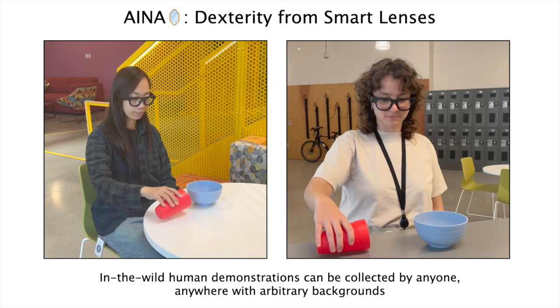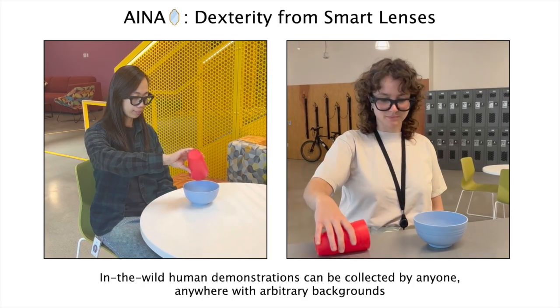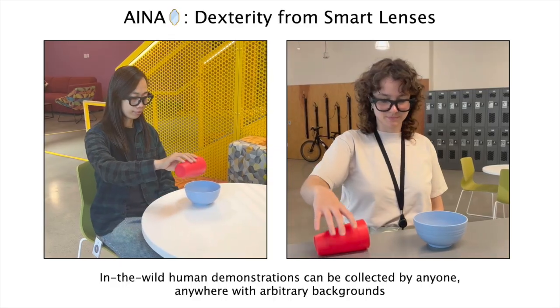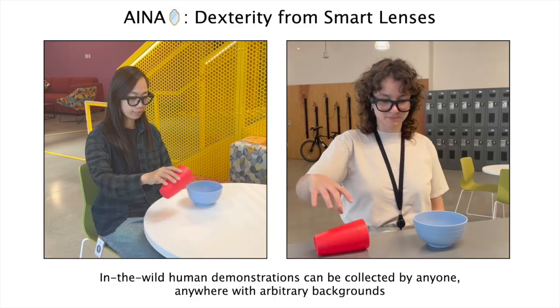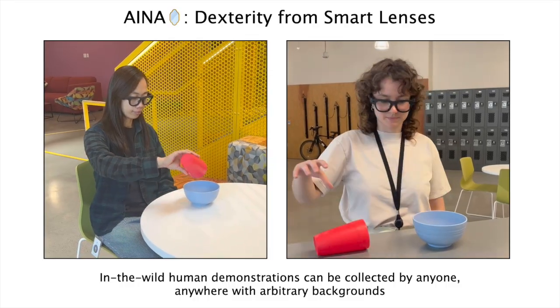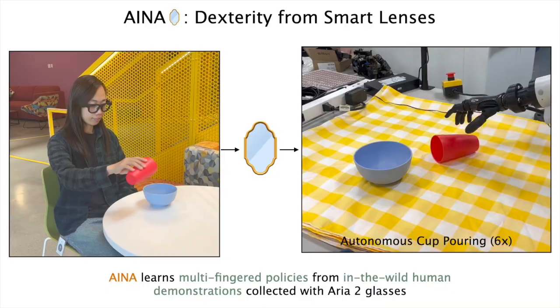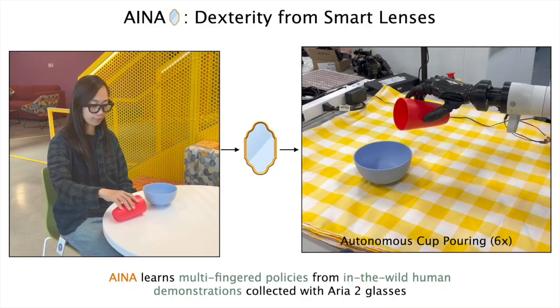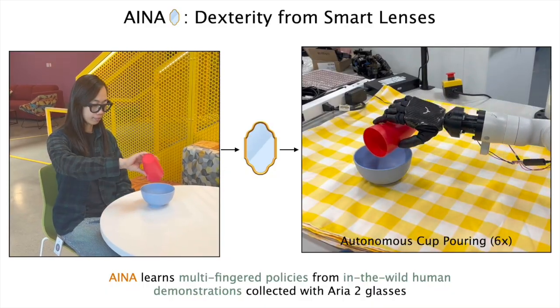Learning robot policies from in-the-wild human data is valuable due to the minimal human effort it requires. However, extracting necessary annotations from them to train robot policies is non-trivial. In this work, we present AINA, a framework that learns multi-fingered robot policies from in-the-wild human demonstrations collected using RU2